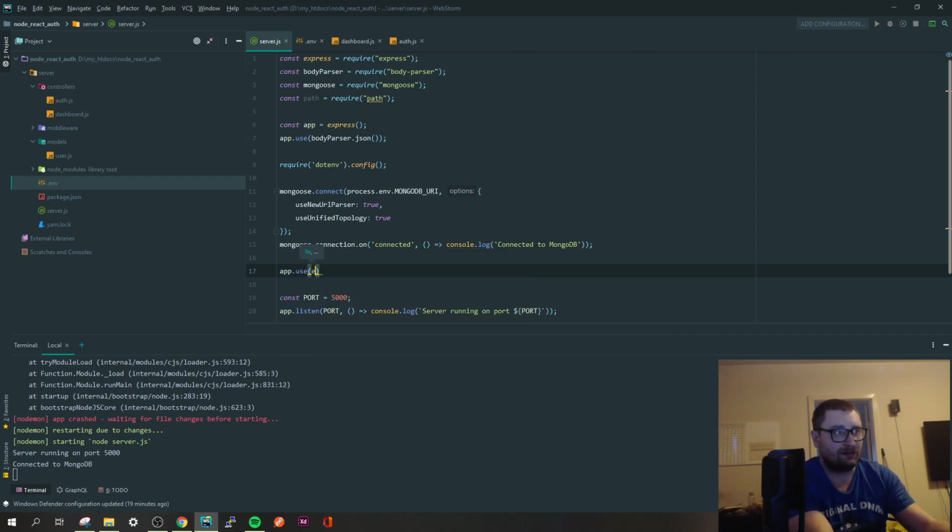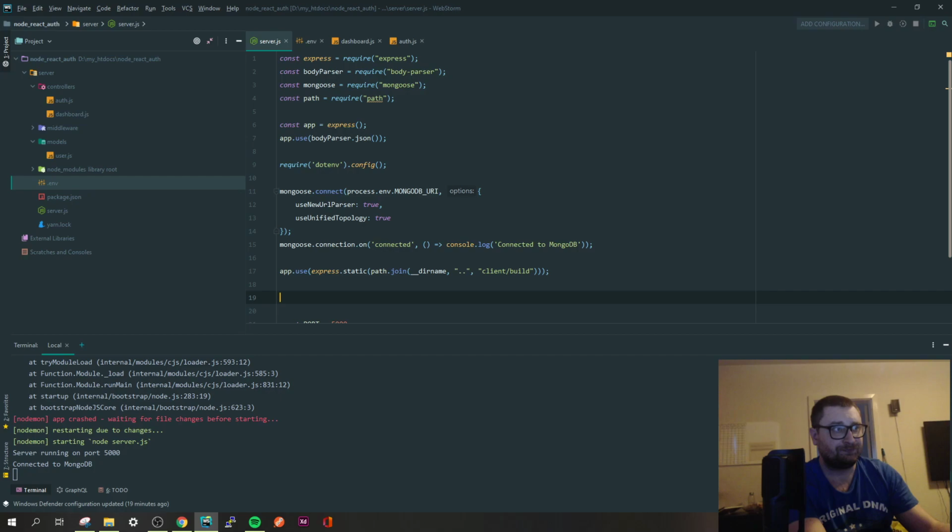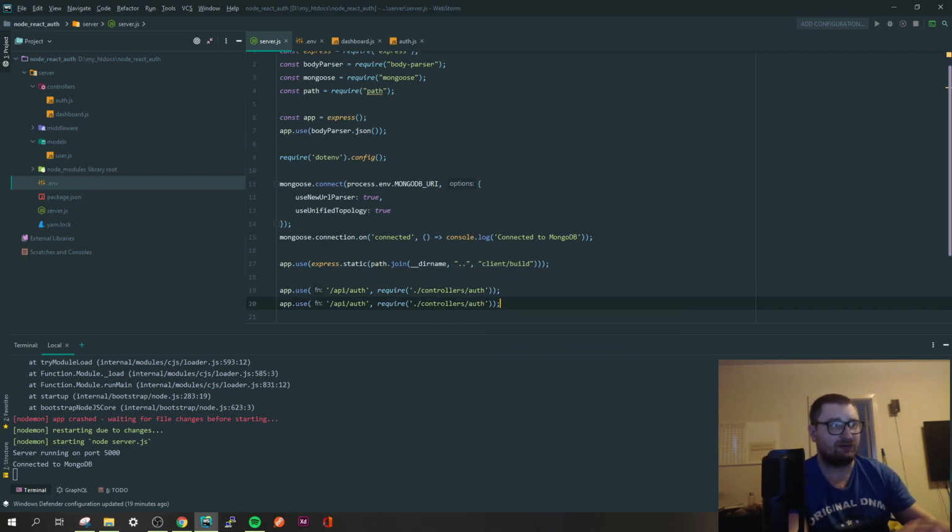And now we need to say app.use express static path.join, dirname, back two times to go back to the root directory of the project, and then we say client build, then we say app.use API auth, and then we say require controllers auth, and then we say API dashboard,